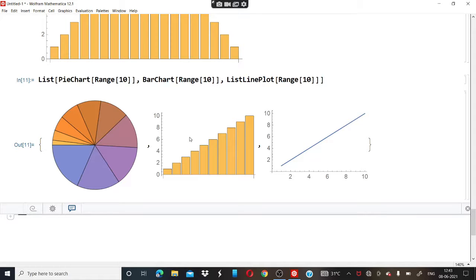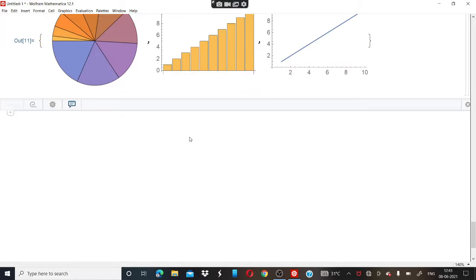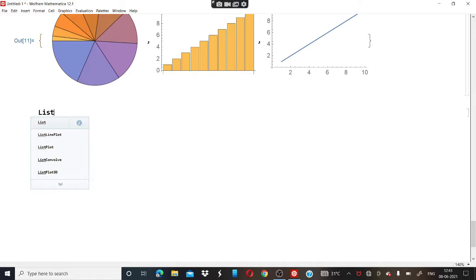Now our next question is, make a list of pie chart and bar chart, and we have given some input. So let's write for that. Again we are going to use this list, then bracket, then pie chart, and we are going to write the input given, that is comma 13, comma 21, comma 34, comma 55.